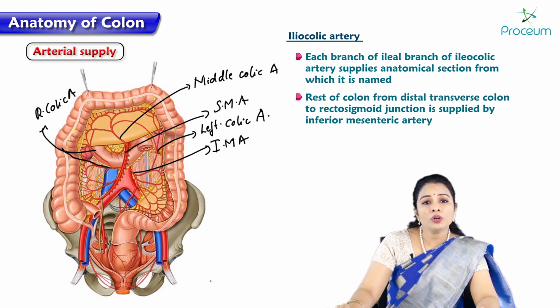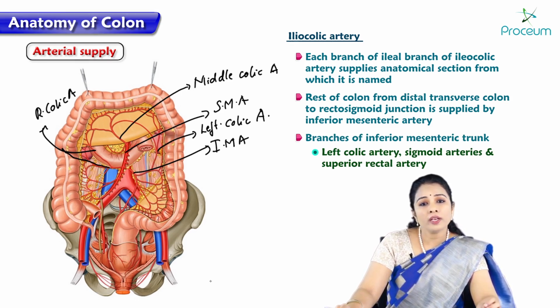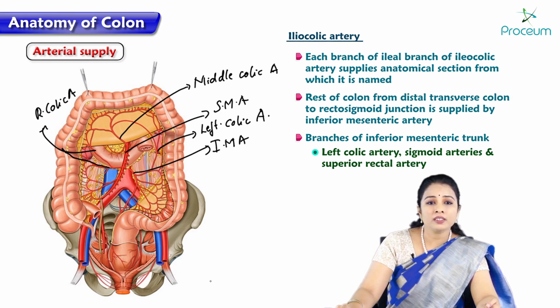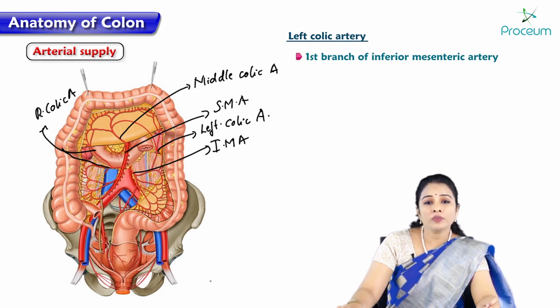So the rest of the colon, from the distal transverse colon to the recto-sigmoid junction, is supplied by the inferior mesenteric artery. So, as mentioned earlier, the left colic artery, sigmoid arteries and superior rectal arteries are all branches of the inferior mesenteric artery. Left colic artery. The left colic artery is the first branch of the inferior mesenteric artery